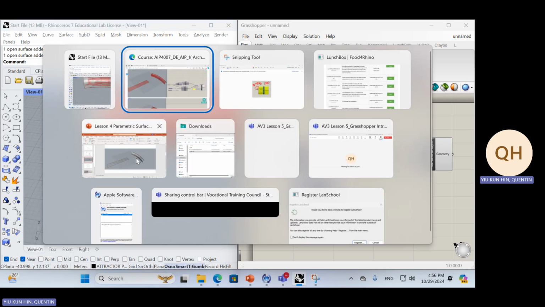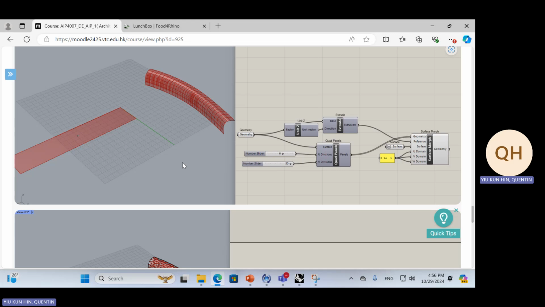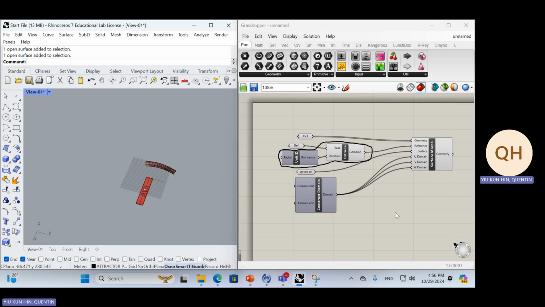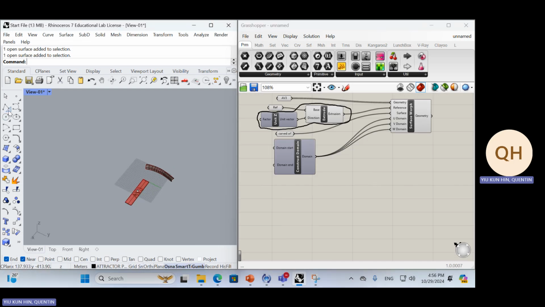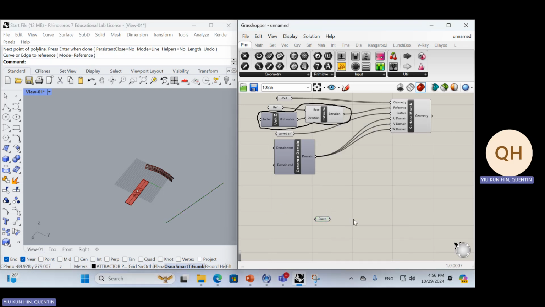The way that we're going to make it work is by reparameterization. Reparameterization is a difficult concept in Grasshopper. It involves a lot of understanding, but let me try to explain it with a curve. So when you have one curve, I'm just going to do some explanation here. When you have a curve, the curve will have